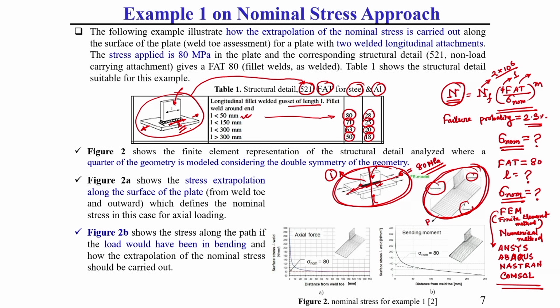If it is an axial tensile load amplitude, for that case it is observed that once you plot the stress distribution from the toe of the weld, from the edge of the weld to away from the weld, along the weld line direction, you can observe that generally at the weld toe location the stress magnitude is very high. Because why will the stress magnitude be high there? Because you know, here I am showing a little bit.